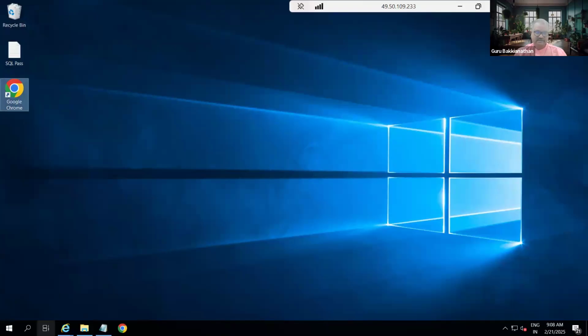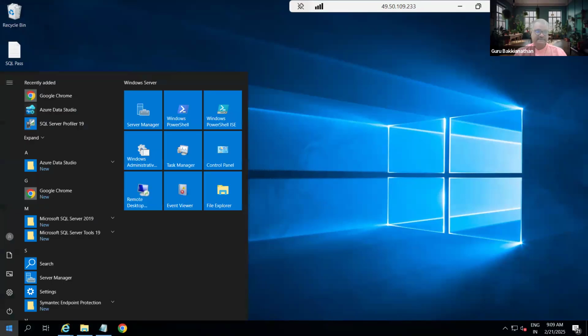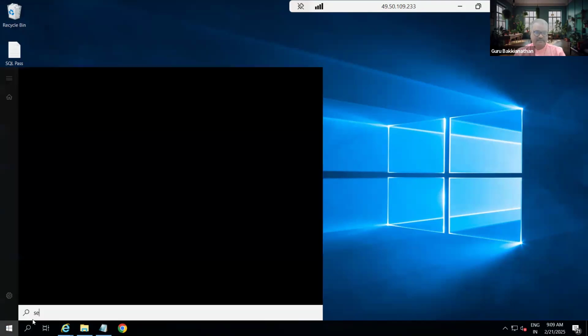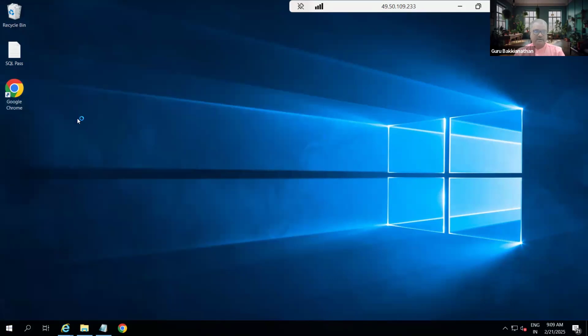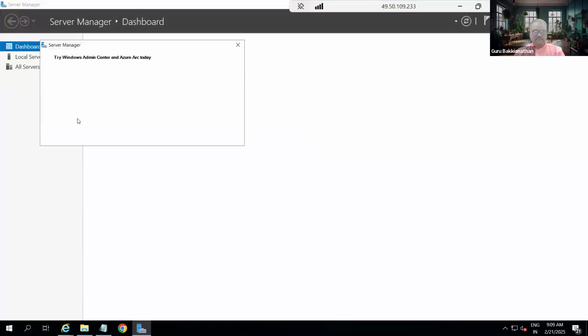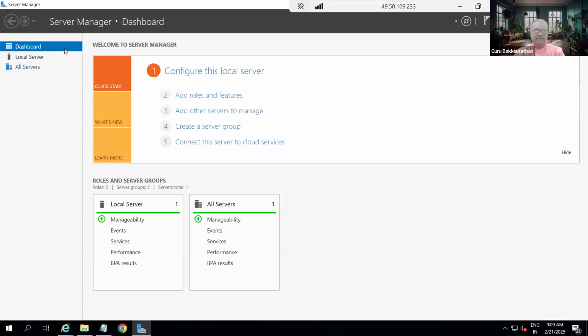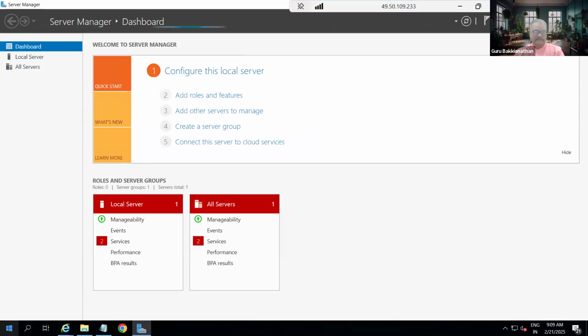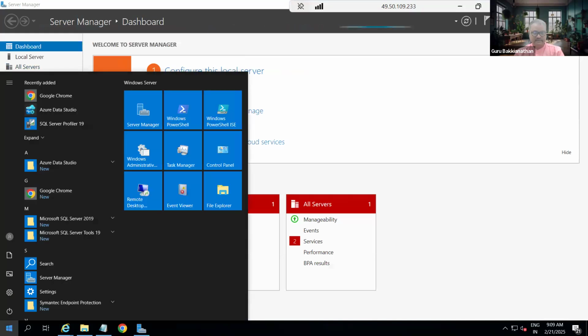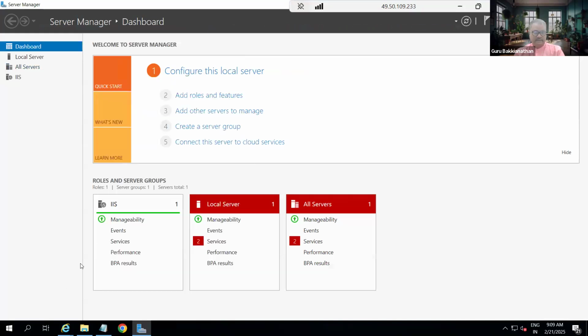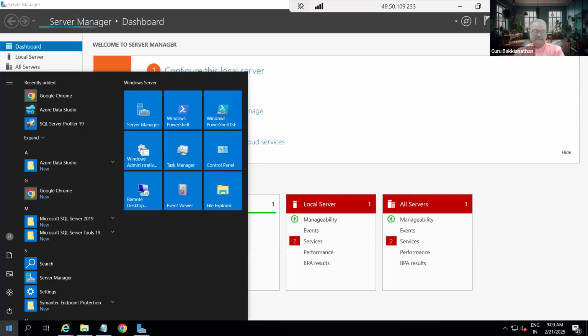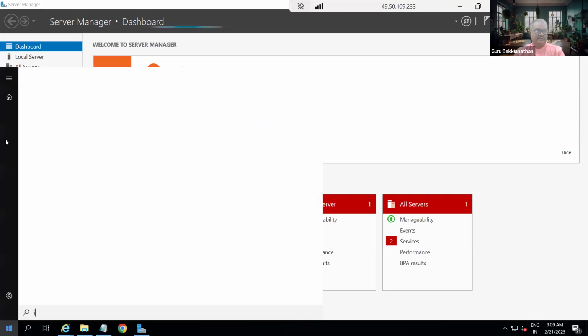Okay, this is the Windows server. And this is our IIS.